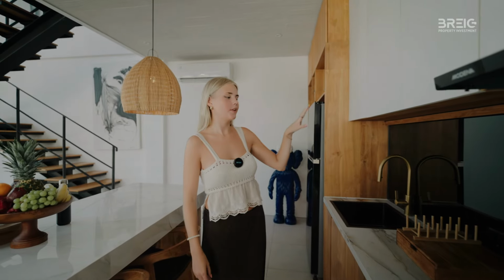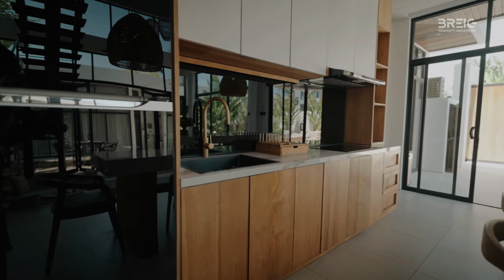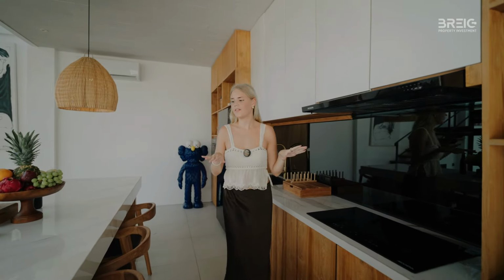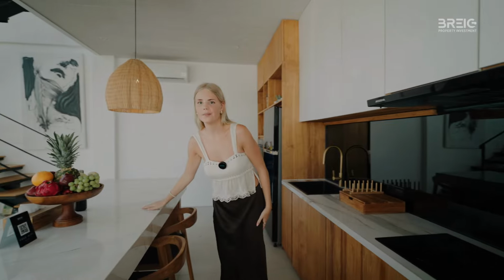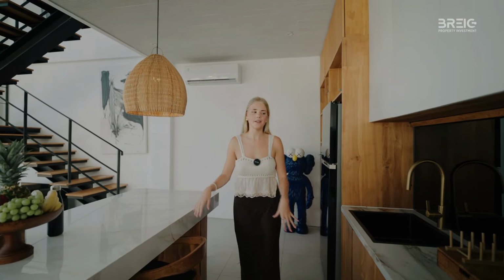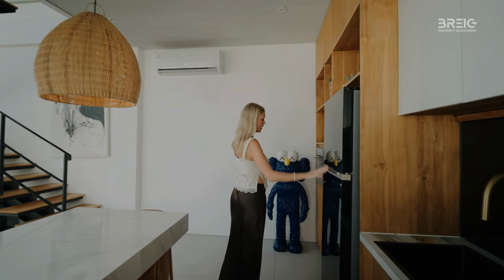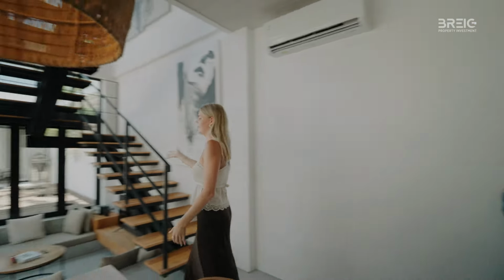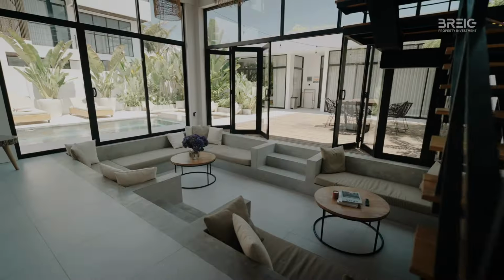It's very great with a wooden-based kitchen, and the stove is great for making dinner, lunch, breakfast, which you can eat here by the table. It also feels very spacious, and there can be many people in here. And we also have the fridge here and one oven. And down here we have the living room,